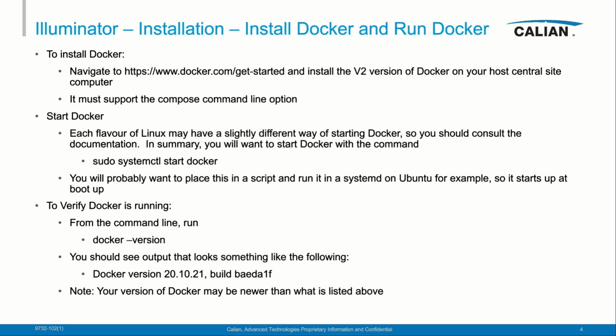To install Docker, navigate to that URL and install that v2 version of Docker on your host central site computer. The version of Docker must support the Docker Compose command line option. So start Docker. Each flavor of Linux might be slightly different in the way you start Docker, so you should consult that documentation. In summary, if you want to start Docker, use the command sudo systemctl start docker,